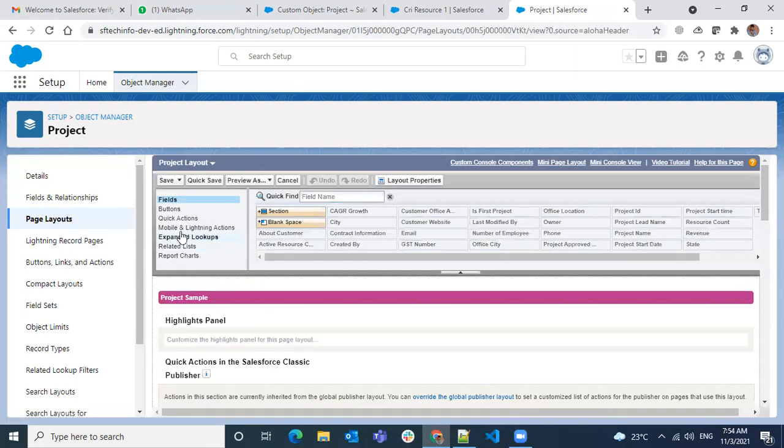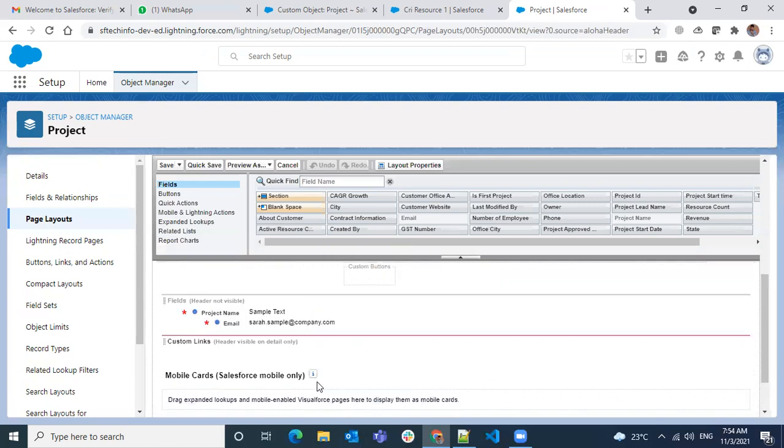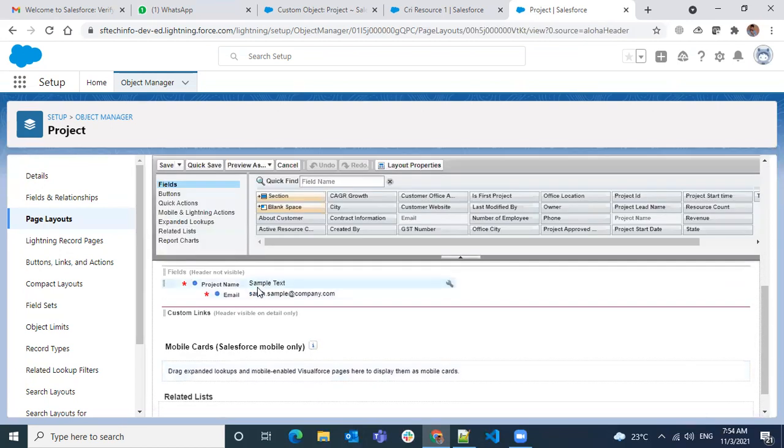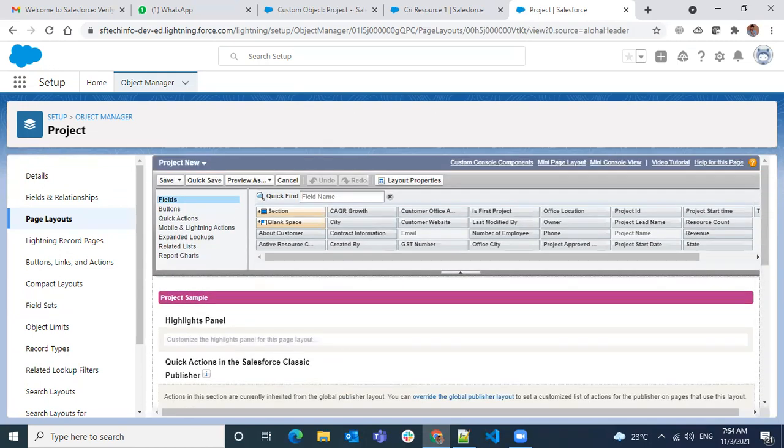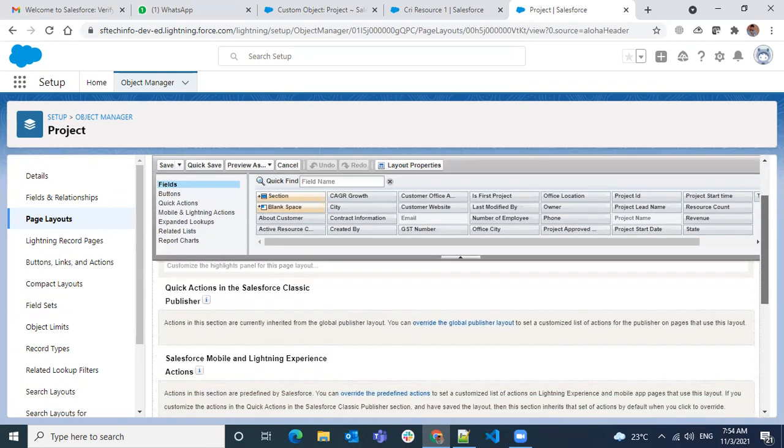So I'm again using the old layout. Just to show you how it looks when we create a new layout, see here, no fields are there. Only the required fields are added directly under the layout. Okay, so the first thing, if you are seeing, is override the global publisher layout.